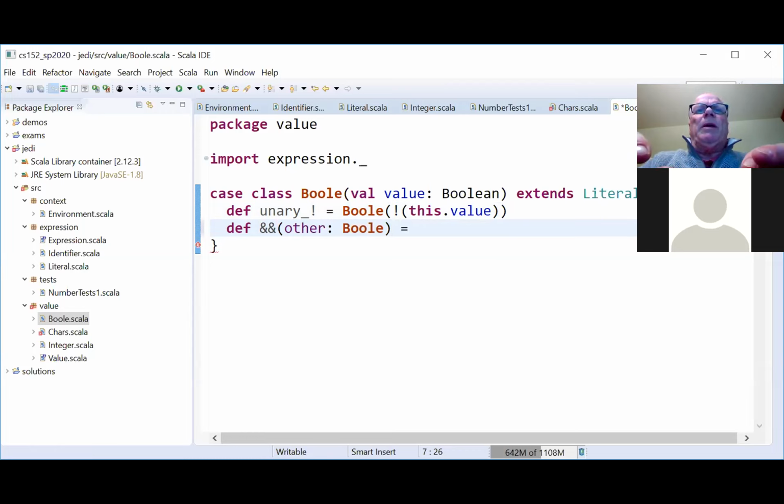Think about what this is going to be. You're going to extract out this dot value and other dot value. Those are the Scala values. That's Scala and, right? And then you're going to wrap it back up as a Jedi bool. So unwrapping, that's the this dot value, combining in Scala, and then rewrapping it back up.